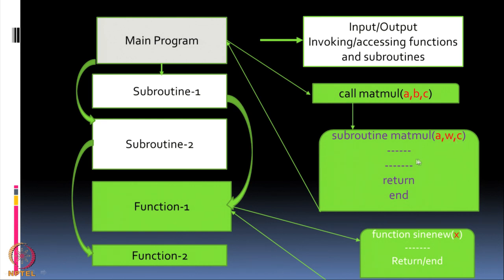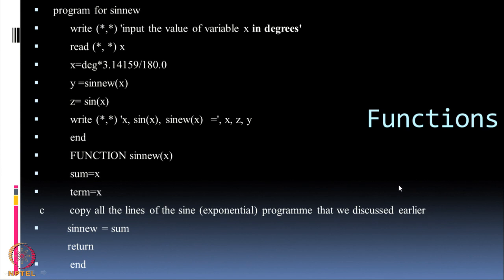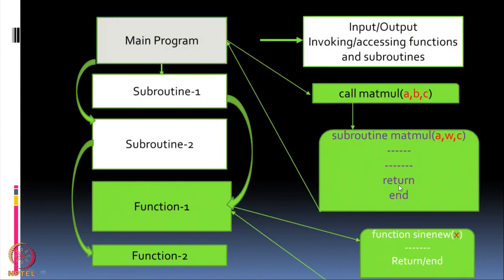In the same way, in the subroutine I can have other variables, and those variables will have no connection with the main program. Only the variables that are in the bracket of the definition of the subroutine are common between the main program and the subroutine. Once this subroutine is called, it will execute all the statements in it, and it will return and go to the main program.